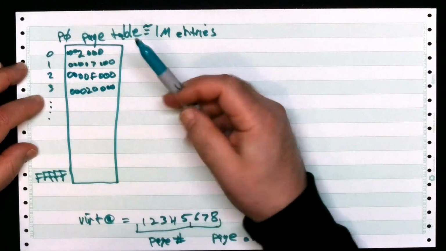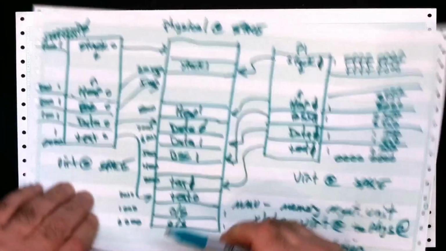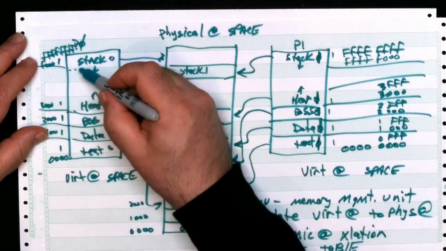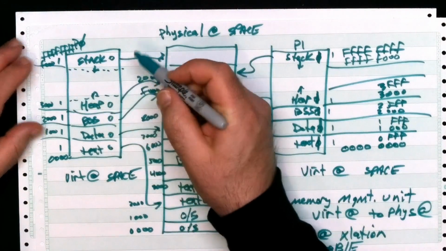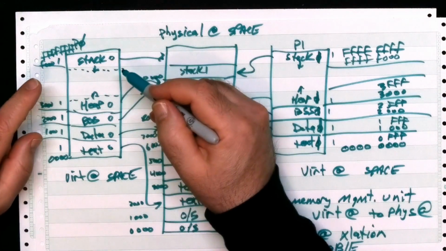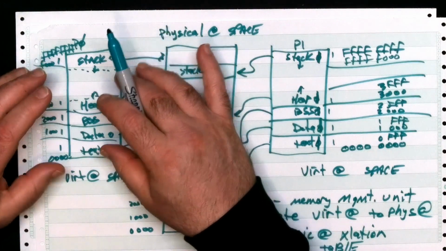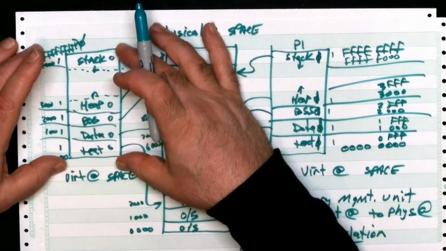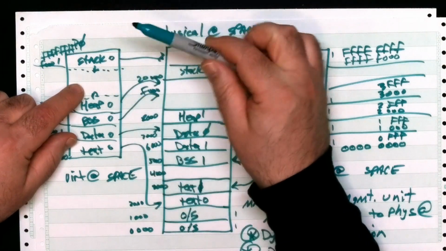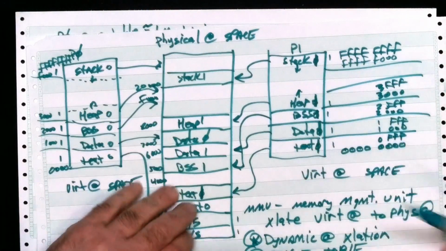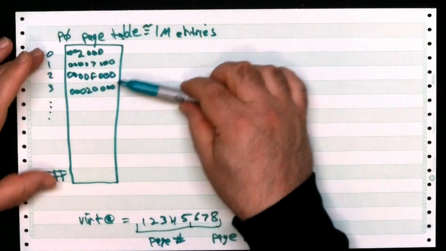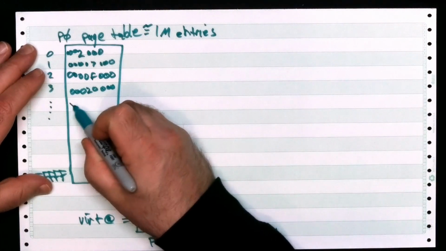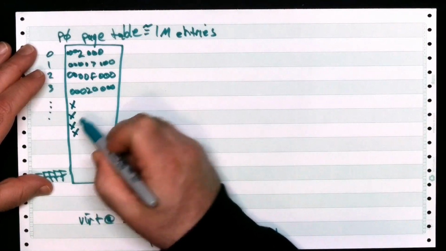What do we do about all these other ones? Well, there's no pages in there. It's not using this memory. Everything between here and here is not in use. And this is where we get to the part about how we're actually going to be able to use more memory than the machine actually has. So this thing thinks it has 4 gig, but it's never going to touch this. If it never touches it, we don't actually need to map it. So of the million total entries in this table, we just mark this as invalid, invalid, invalid, invalid. All these are invalid